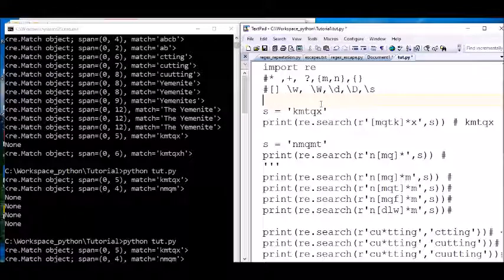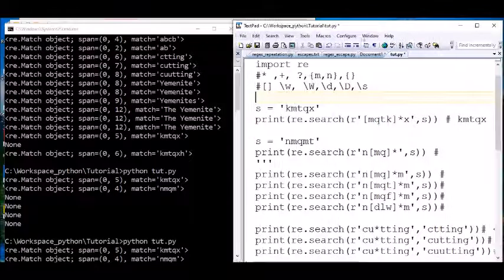Now let's go to the example. How does it work? We have here the pattern, this is the string, and we are searching for this pattern. So we say M. Look, the first character, is it inside the set?